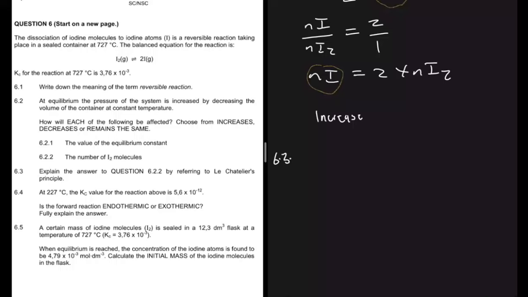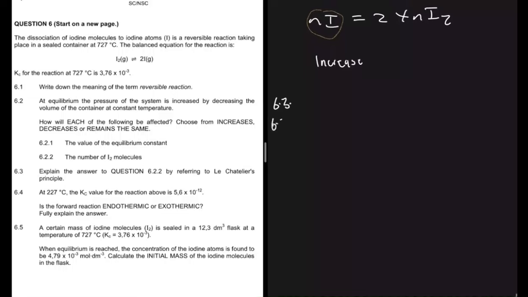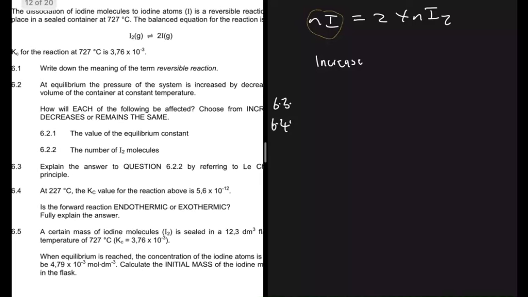The system wants to go back to a state of equilibrium. So if we increase something, the reaction that decreases that something will be favored. So if we increase the pressure, the reaction that leads to the lesser number of moles will be favored. That is the reverse, with more I2 molecules. I hope that's clear. And then 6.4 says at 227 degrees Celsius, the Kc value for the reaction is 5.6